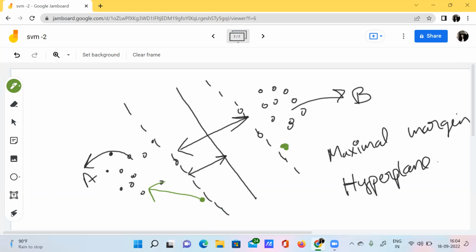Do you classify it to class A? No. Why? Because this is lying right of the margin, right? See here, we have two margins, that is the left margin and the right margin.